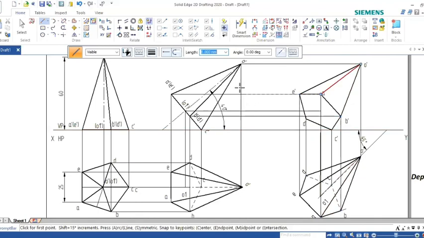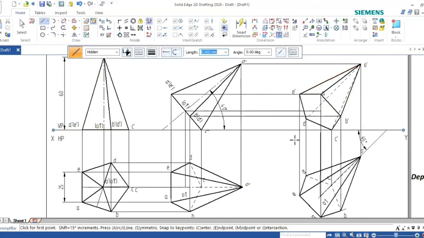Okay, how to identify? When you draw lines, see here now, take hidden edges. Suppose from C, when you draw C to O, it will be passing through these base edges. When you see it passing through these base edges, it is invisible. And similarly, D to O also is passing through these base edges, invisible. When you draw a line from D to O, it crosses the base edge, any one base side, that is invisible. See, A to O is not crossing, and D to O also is not crossing. B to O also not. That's all dark line.